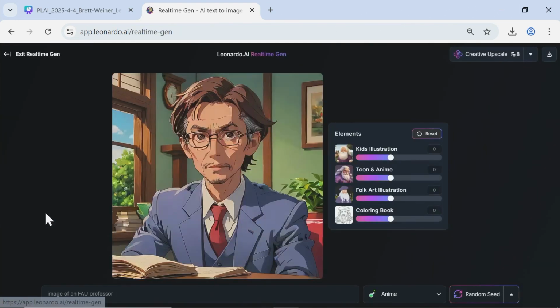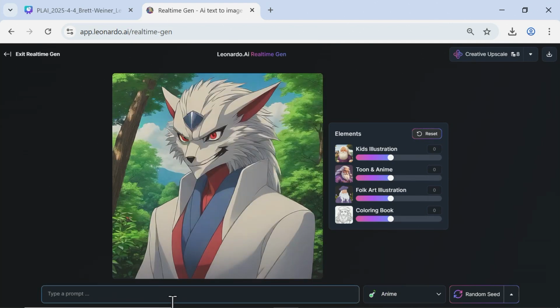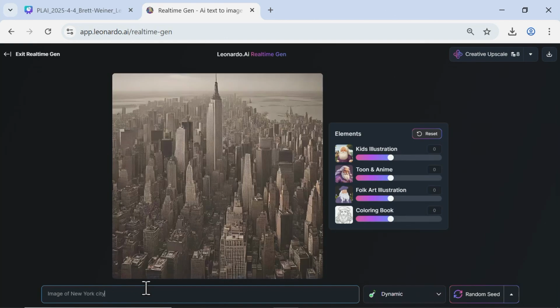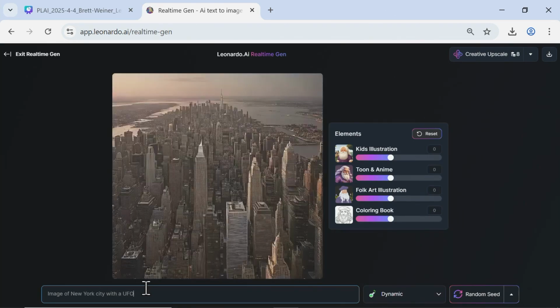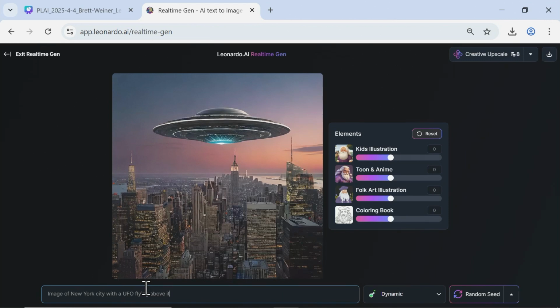Then we have the real-time generation. All right, so through here, it generates it as you type it. So I have this set to anime style, so we'll set that back to dynamic. Okay, so let's say we want an image of New York City with a UFO flying above it. All right, and as you can see, it updated as I was typing, which can be a bit distracting,